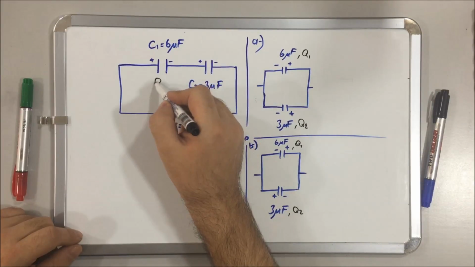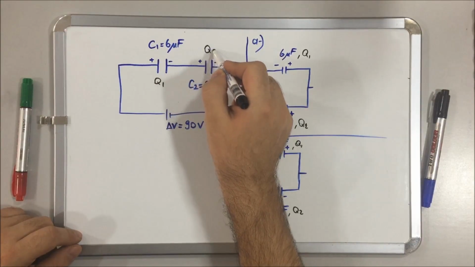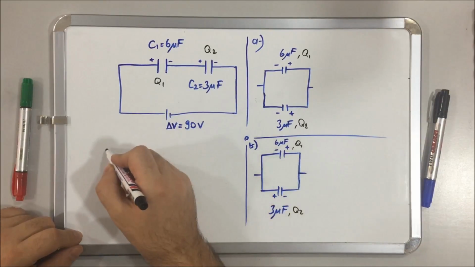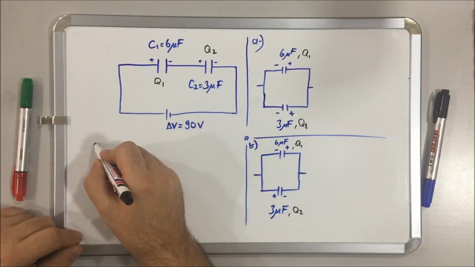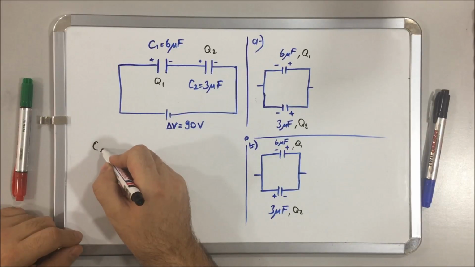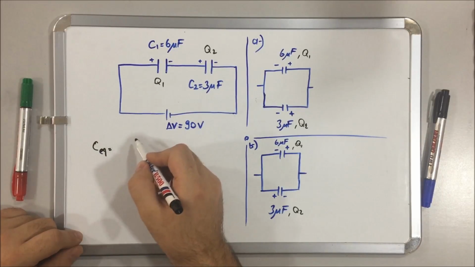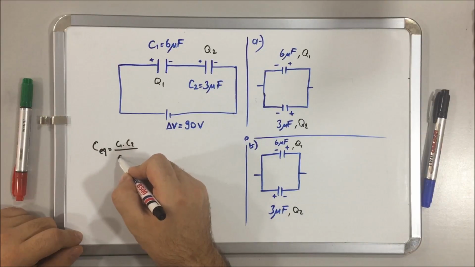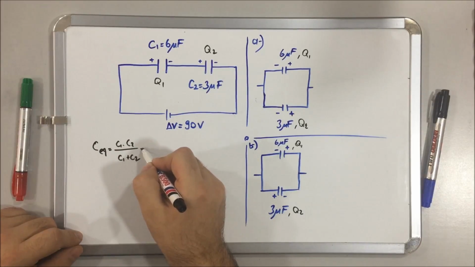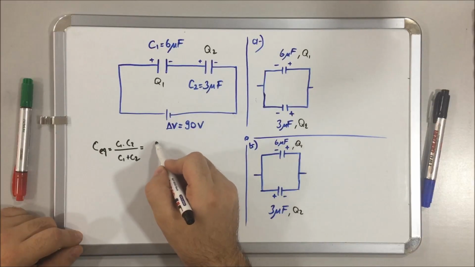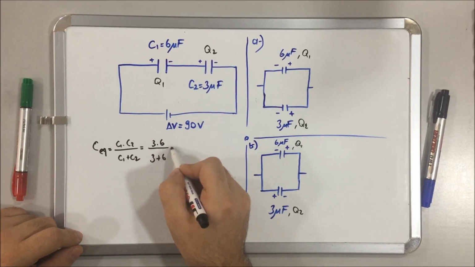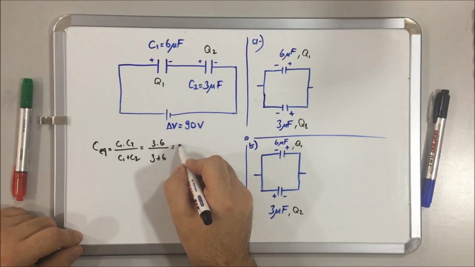Q1 and Q2 are equal to each other, since they are in series. So I have to calculate C equivalent, and for the series combination I have a shortcut: C equivalent is equal to C1 times C2 over C1 plus C2, which is 3 times 6 over 3 plus 6, so 18 over 9, which is 2